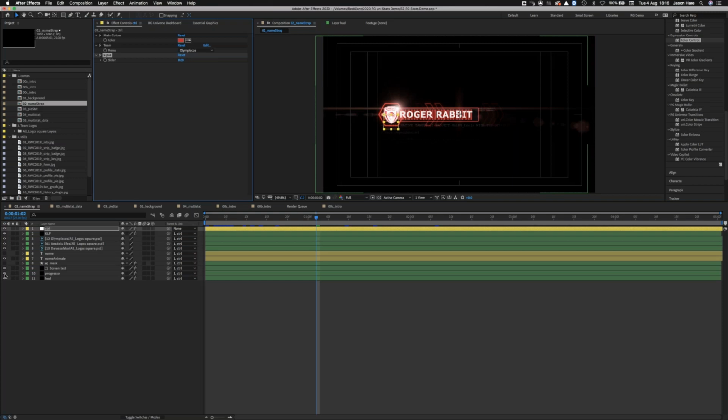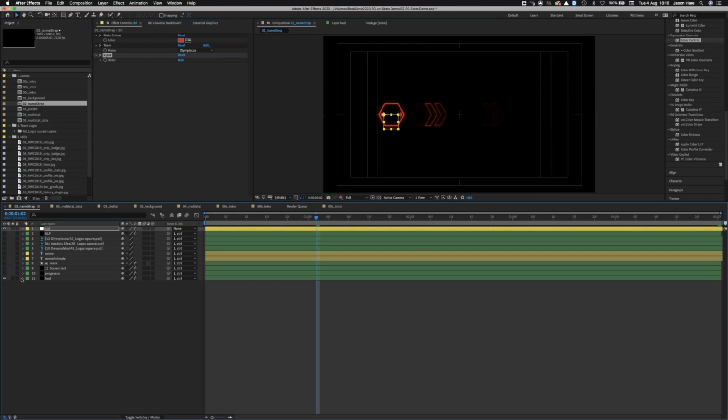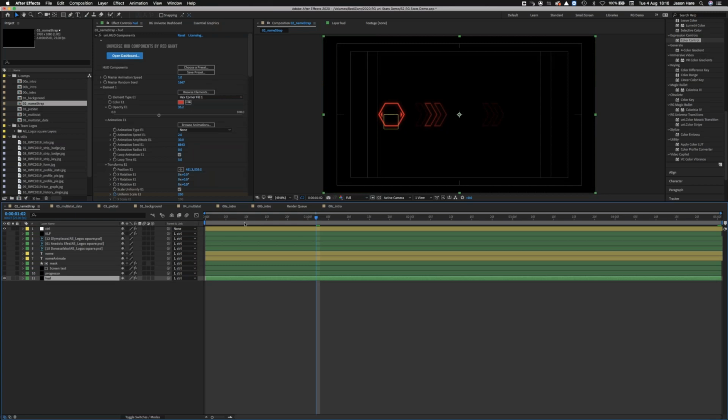I'll turn all the layers off so we can look at them one by one. So the first thing we have is a background element. One of the things I was saying before is I tend to try and think of what I'm designing, and in this case, it's supposed to be a sort of futuristic type name super with like data type elements. So I sort of came up with ideas of how I wanted it to look, and then it's just finding ways to build it. So the first element I've got here, which is just, you can see these moving chevrons